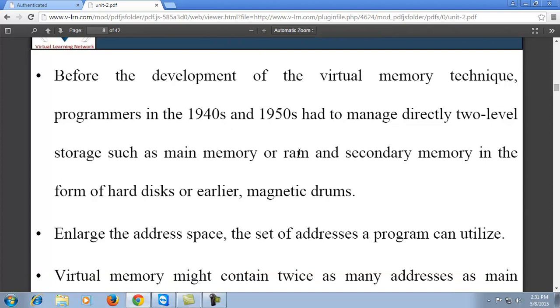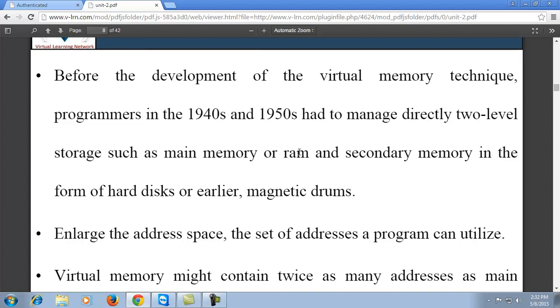Before the development of the virtual memory technique, programmers in the 1940s and 1950s had to manage two-level storage directly: main memory, the RAM, and secondary memory in the form of a hard disk or earlier magnetic drums, which are used for permanent and backup storage of data. Virtual memory enlarges the address space, the set of addresses a program can utilize and access for executing its tasks.